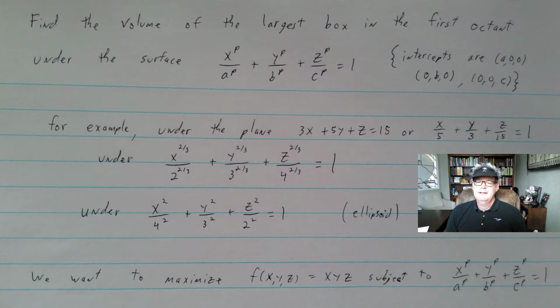Good day, everybody. Today we're going to use Lagrange multipliers to find an extreme value problem. It could be in the context of a word problem. That'd be: find the volume of the largest box that's contained in the first octant, and under this type of